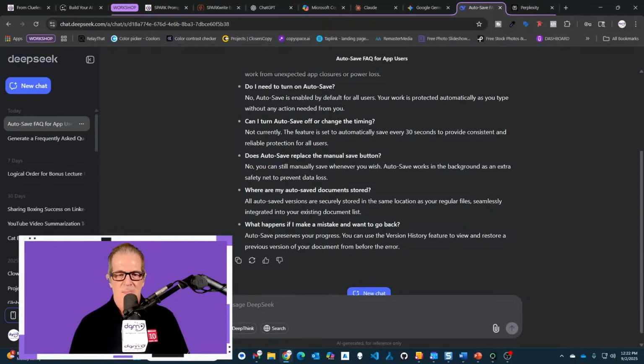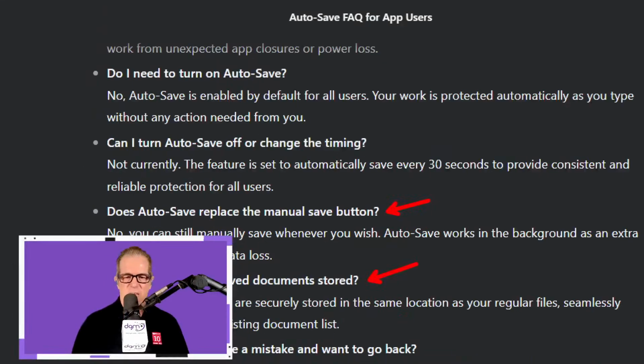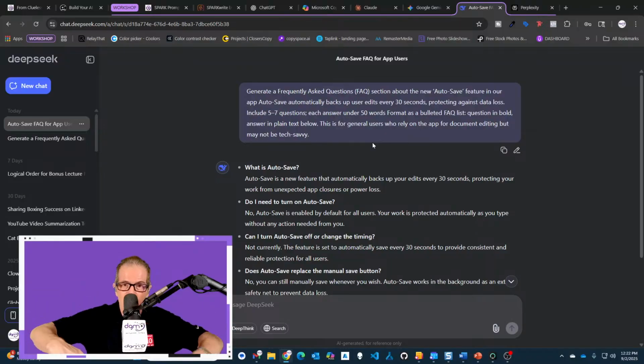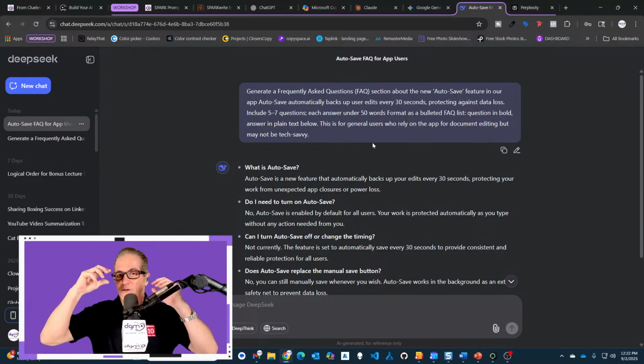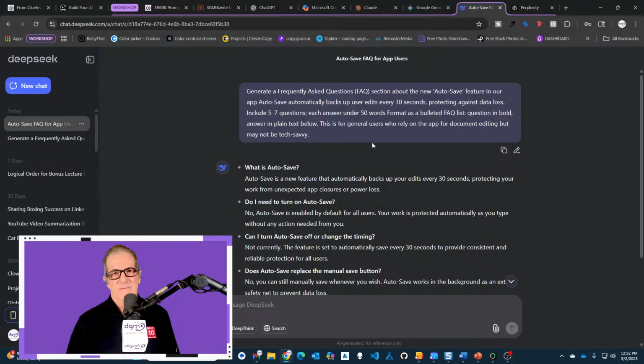All right, let's see what else we got here. Does autosave replace the manual save button? These are pretty cool. And a lot of this came, remember, from our prompt. It got all that information from our carefully crafted Spark prompt. Now, there's more to this. Like if you had more details, like specific documentation that you want to pull from, well, we got to keep